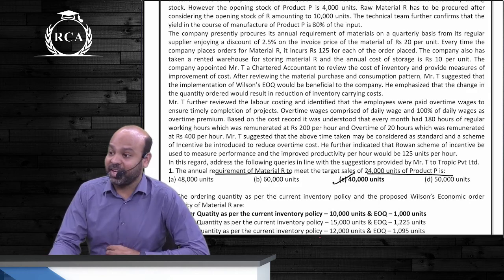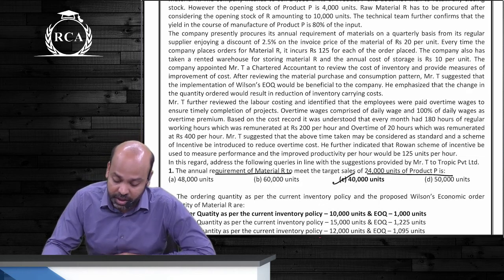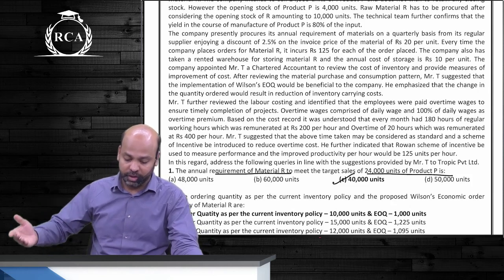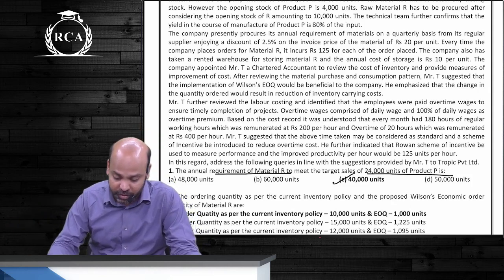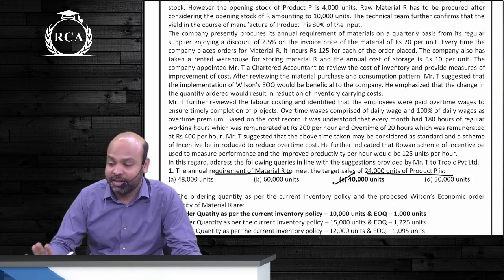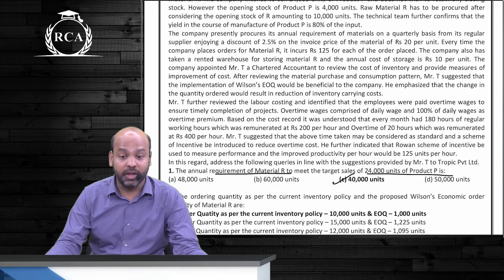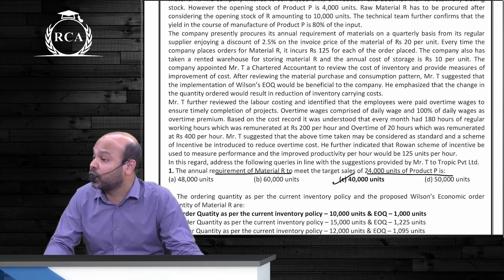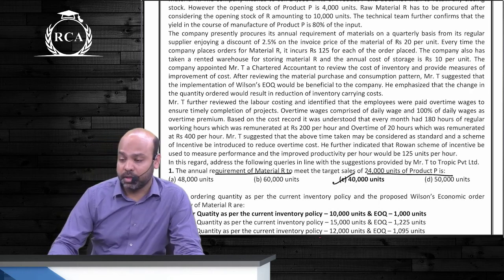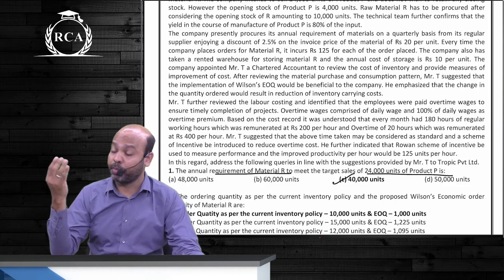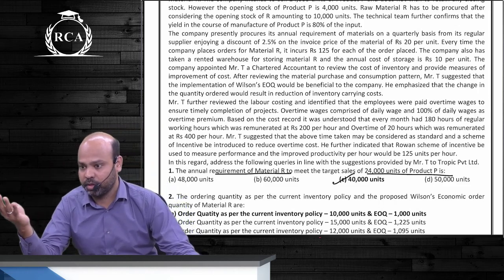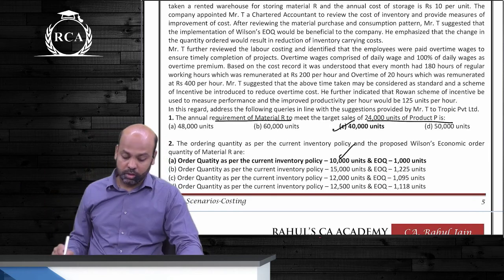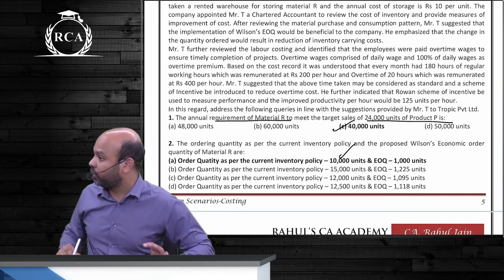The company presently procures its annual requirement of material on a quarterly basis from its regular supplier, enjoying a discount of 2.5% on the invoice price of the material of 20 rupees per unit. Invoice price is 20. We are getting a discount provided we place orders. So 40,000 units, you will have to place orders how many times? How much per order? Order quantity as per the current inventory policy is